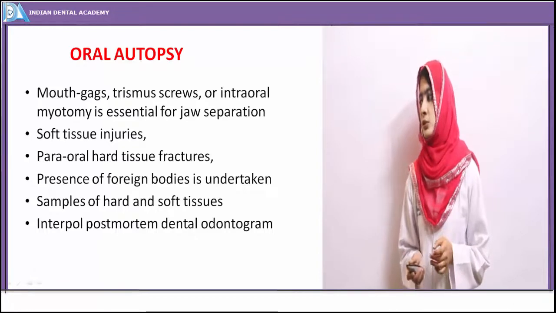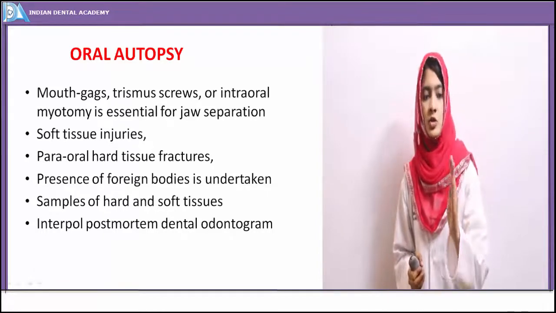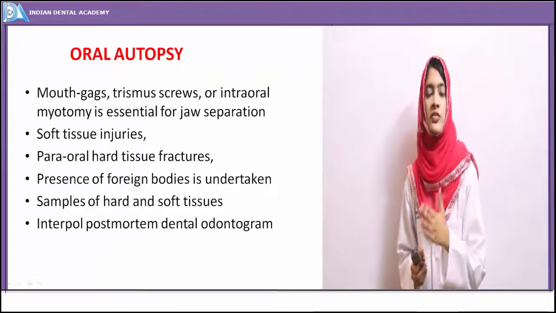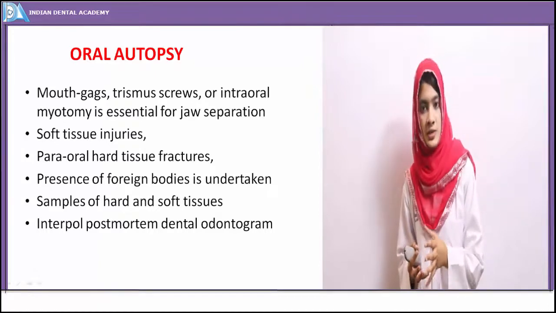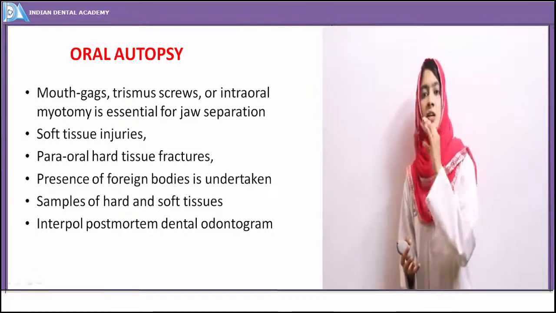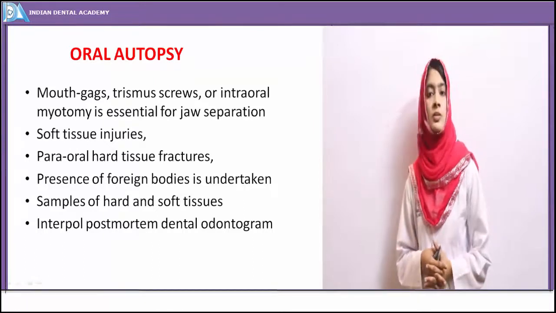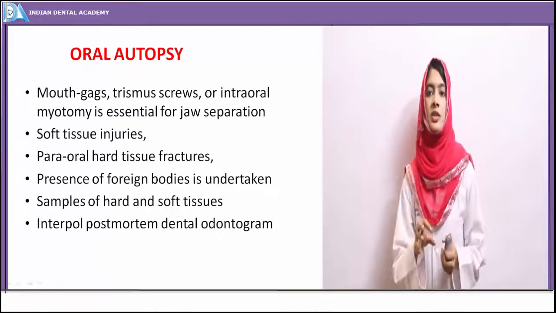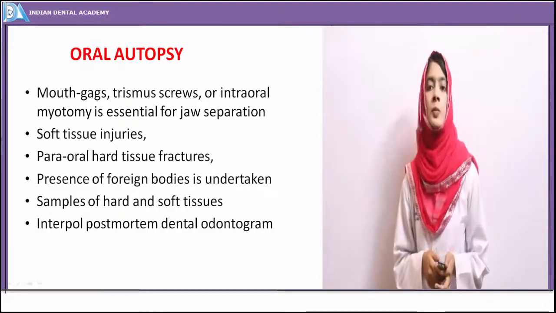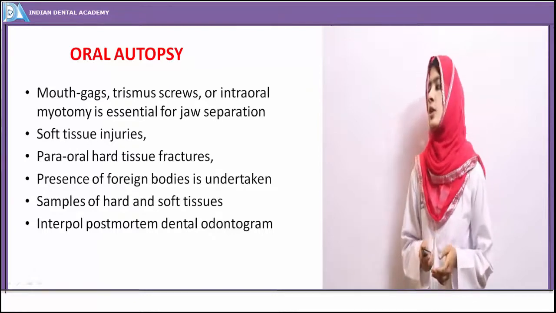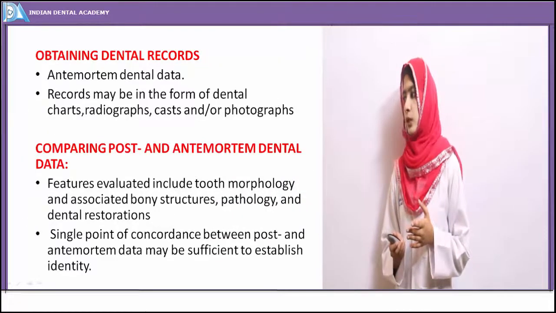Okay, and all these findings of the soft tissue injuries, the hard tissue injuries, the radiographic and the photographic evidence, everything is collected at the post-mortem autopsy table, and they are written into a format called the Interpol post-mortem dental odontogram. So whatever examination is done is noted down. That is nothing but the Interpol post-mortem dental odontogram. So these were the findings of oral autopsy. Okay, now